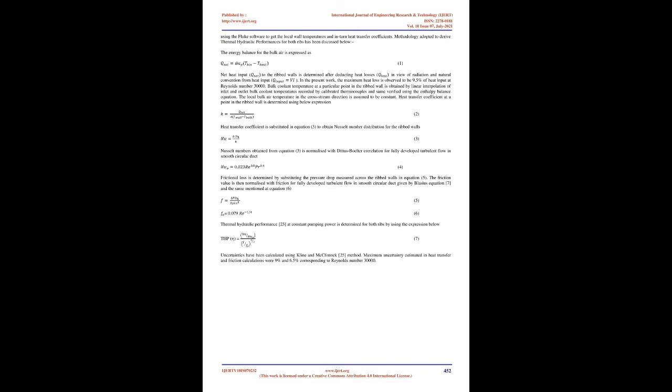Through numerical investigation, the authors showed that 45 degrees angled and V ribs exhibited best thermal performance inside a square channel for Reynolds numbers 20,000 to 70,000. Deng Honghu et al. [24], by using 90 degrees ribs, studied the influence of 3 different blockage ratios, e/Dh, on friction and heat transfer inside a rotating square channel. For Reynolds number range 20,000 to 40,000, the authors concluded that the thermal performance was optimum for blockage ratio